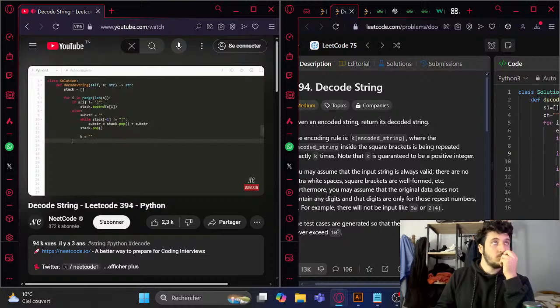So we're going to do kind of a similar thing here. While, in this case, we do want to make sure our stack is non-empty. So while stack is non-empty, and while the top of the stack happens to be a digit. In Python, the good thing is we can do this pretty easily. There's actually a function for strings. We'll check if this character is a digit. And while that happens to be the case, we want to pop